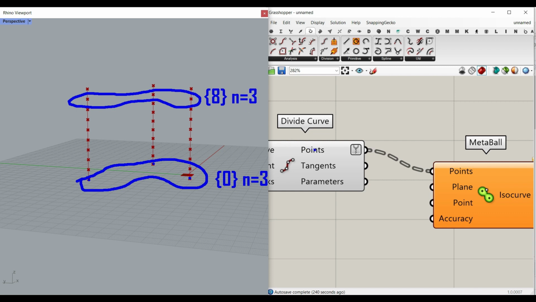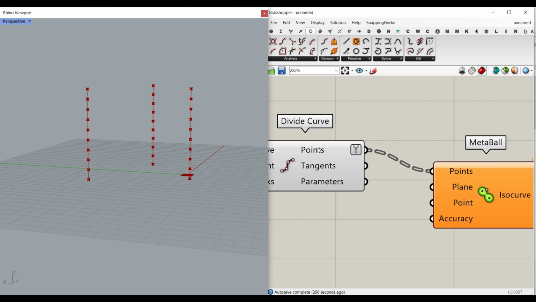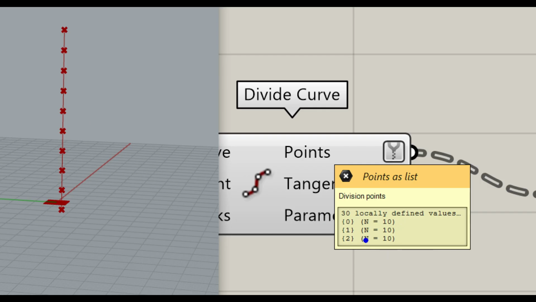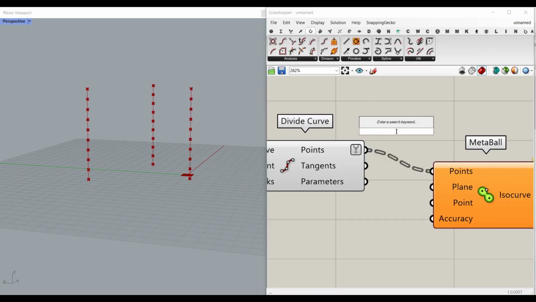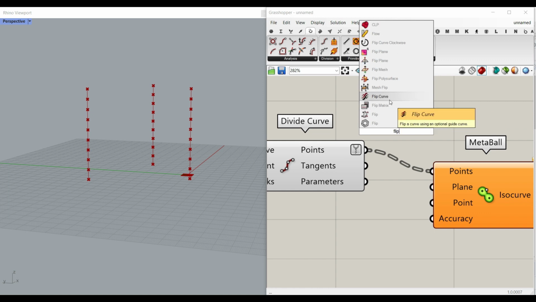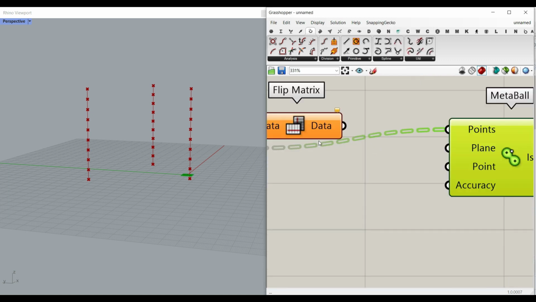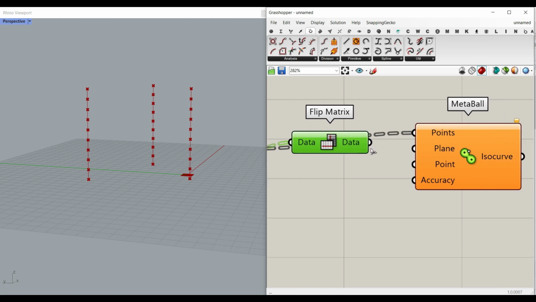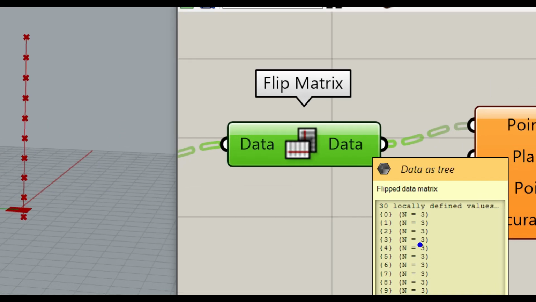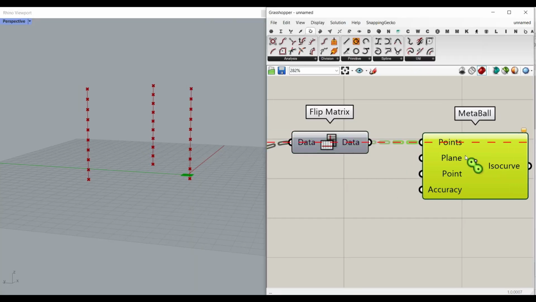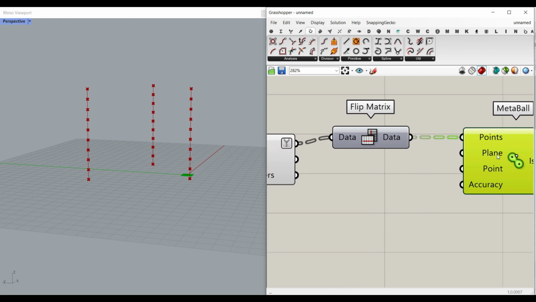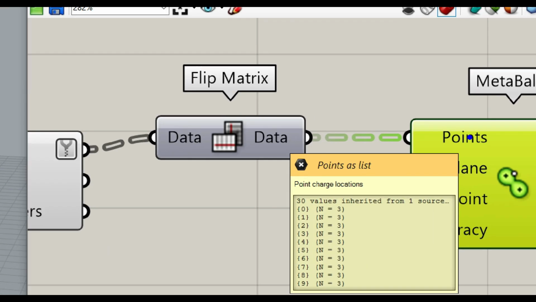What we have to do is to flip the matrix for the points. I'm going to make it 10 groups of 3. Just search for flip matrix and give it to this input, and it's going to be like 10 groups of 3. So that is going to be the first input for the plane, the points. What I want to do is also give the plane, and because we have 10 groups of 3,